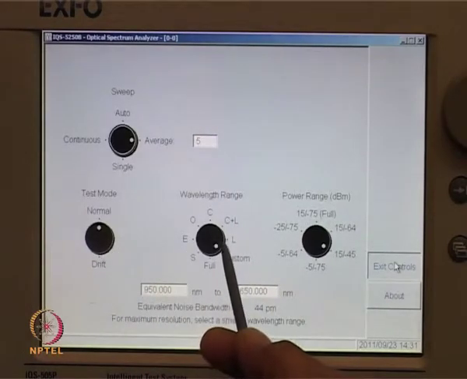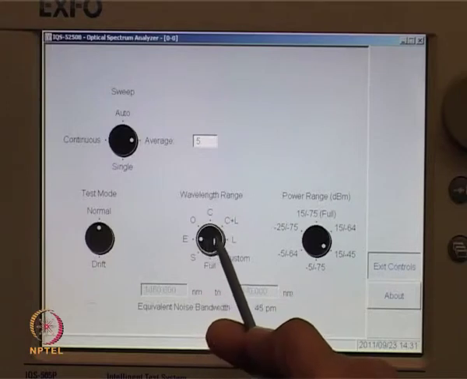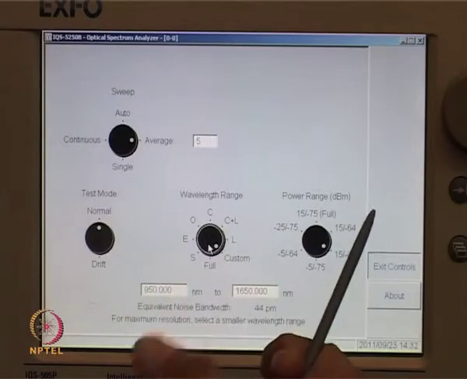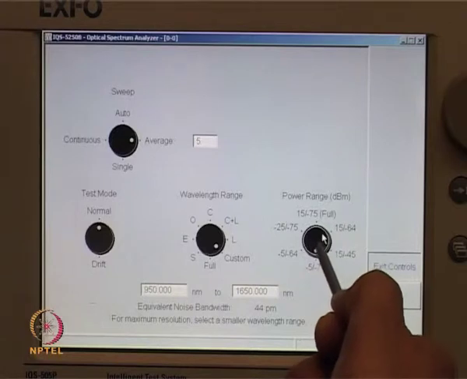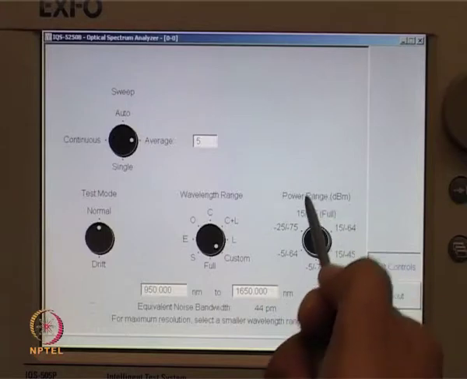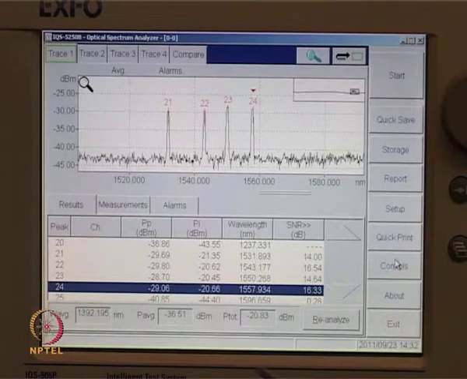It shows the test mode, normal and drift mode, and a wavelength range from custom, full, S band, E band, O band, C band, C plus L band and L band. Or you can also customize the range so as to get a clear resolution of the signals. And this is a power band which can be varied from 15 dB to minus 45 dB. This is a setting for the measurements.